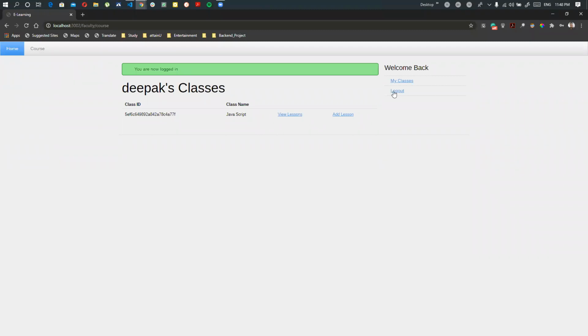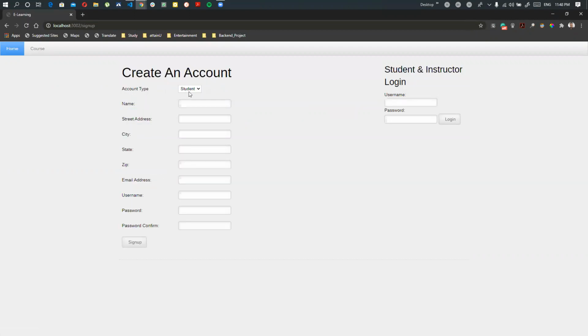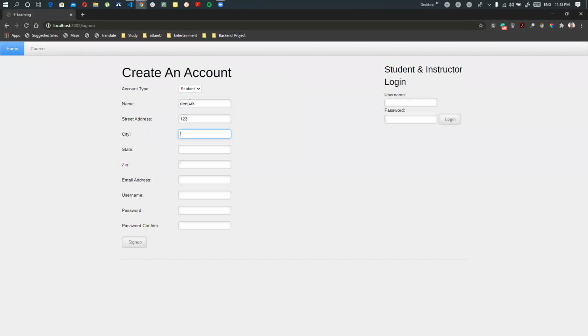So let's log out from faculty and log in as a student. We'll sign up here and create a student profile. Let's say Deepak Ravi.